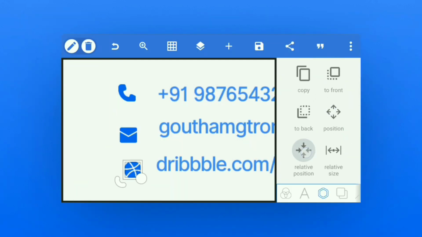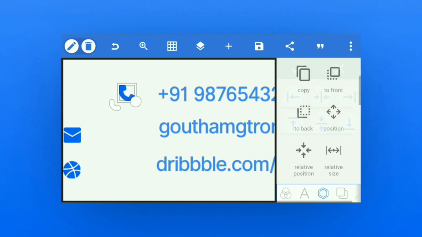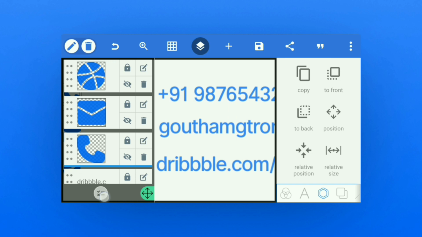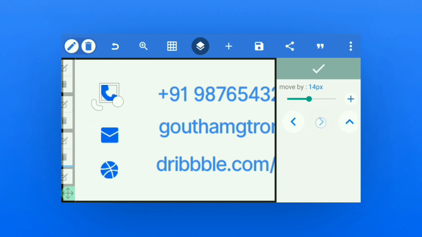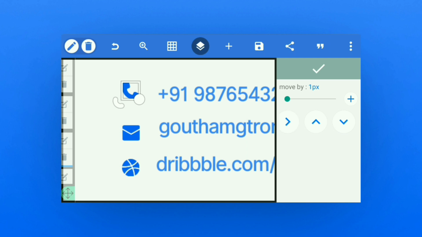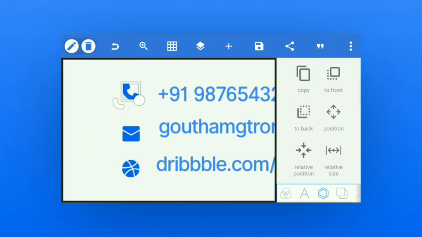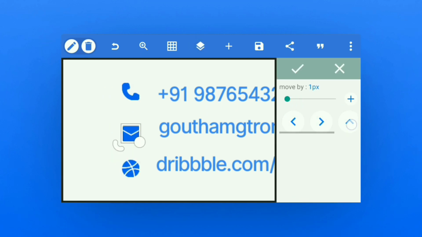To align it into a straight line, just go to relative position and press that button. It will move to the full end of the screen. Now you can select all the 3 icons from there and move it. Yes, something like that. I am saying it again, you can play with these to make them look perfect and professional. Everything will take time, so I will make the rough adjustments.